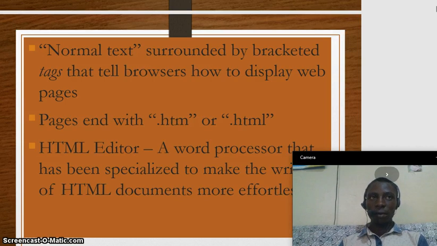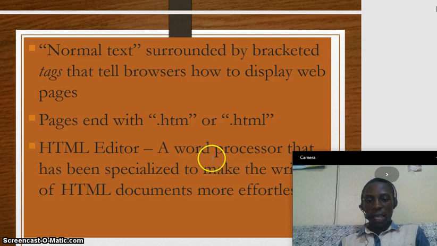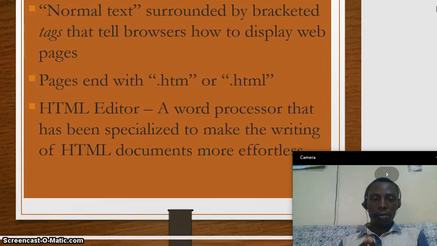Okay, so pages end with .html or .htm. So whenever we are creating and saving our pages, we shall be saving them with .html or .htm. Okay, so an HTML editor is a word processor that has been specialized to make the writing of HTML documents more effortless.